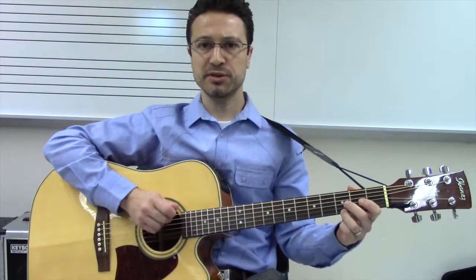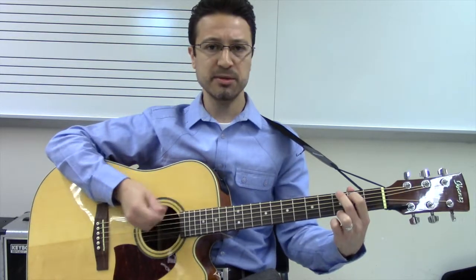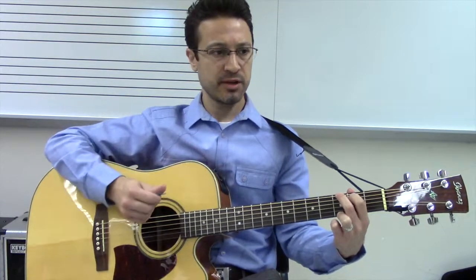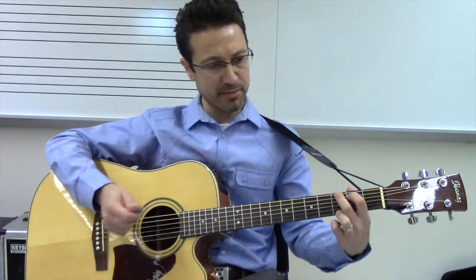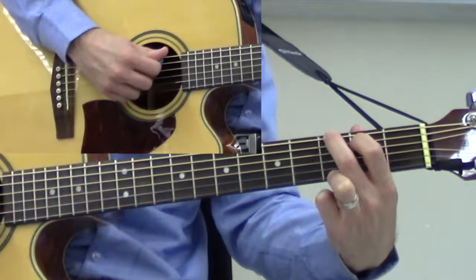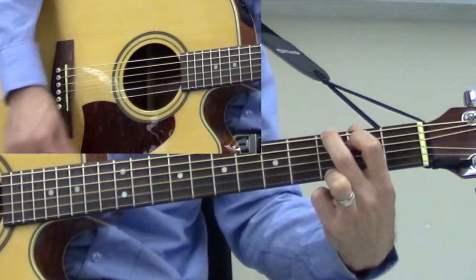Now that you have the basic chord shapes for Down by the Riverside, a slightly more advanced technique is going to be to add in the root bass. And the root bass is where you play the root note and then strum the chord. So if I grab my G chord and I play on the 6th string the root and then strum down, so I can go